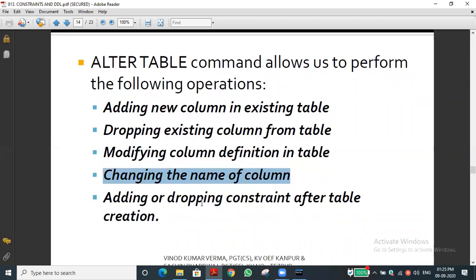I hope you can understand. Once I have entered the field values and they are not unique, suppose I want to set it as a primary key, is it possible? It is not possible because it has duplicate values. At the time of table creation itself, if we give it, that will be well and good. It is a good practice.